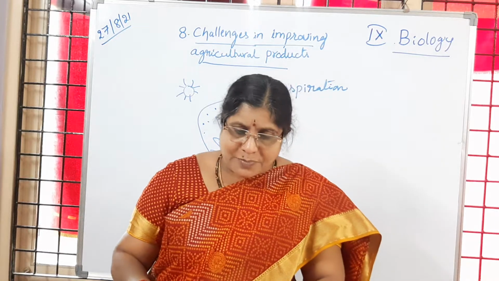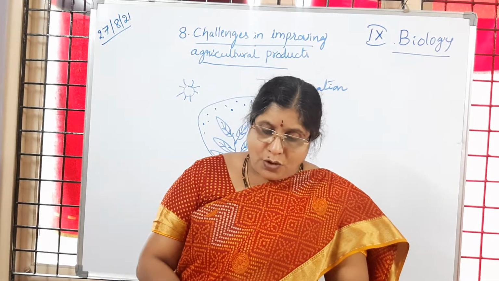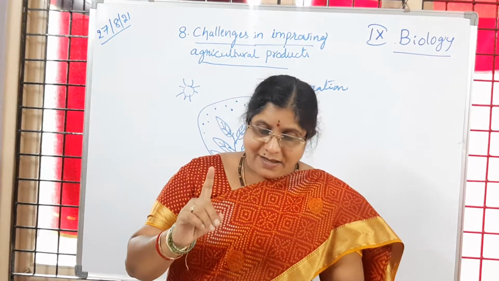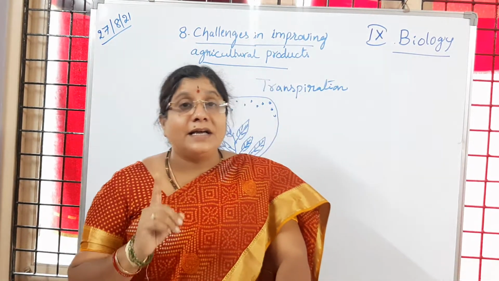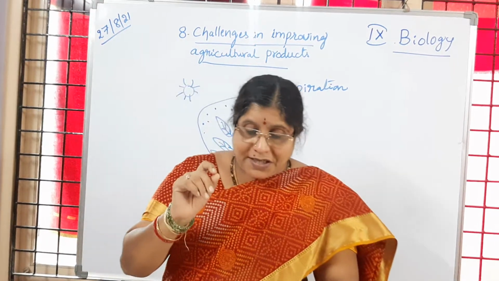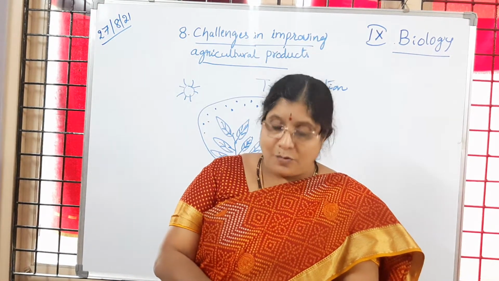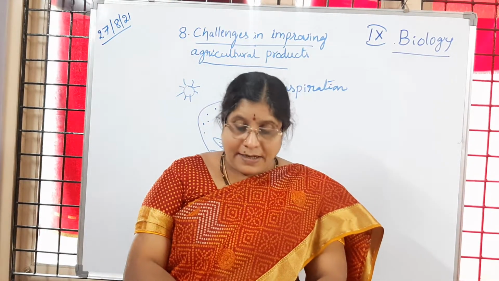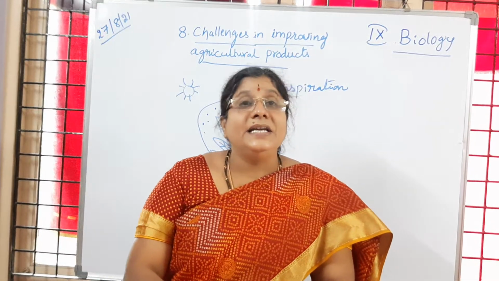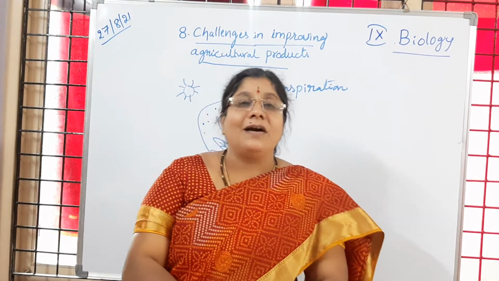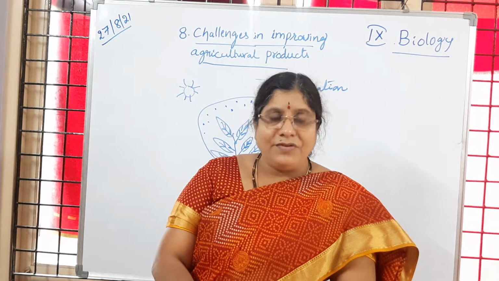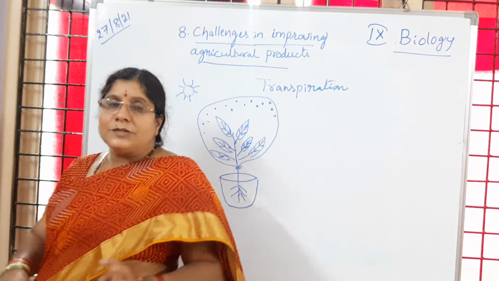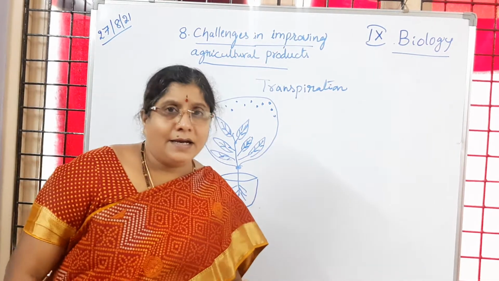So if a plant absorbs 1 liter of water, only 1 milliliter will be used to produce carbohydrate. If a plant absorbs 1 liter of water, it makes use of only 1 milliliter to get carbohydrate. So what is going to happen to the remaining 999 milliliters of water? It is just getting evaporated through the leaves. That we call transpiration. Have you followed, children? This is known as transpiration, and about this transpiration process you will learn in the higher classes.